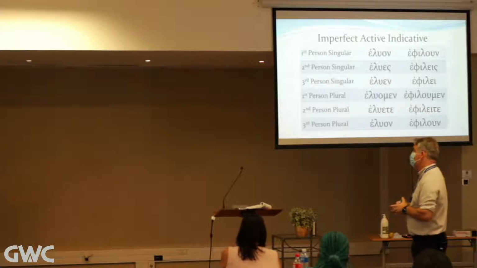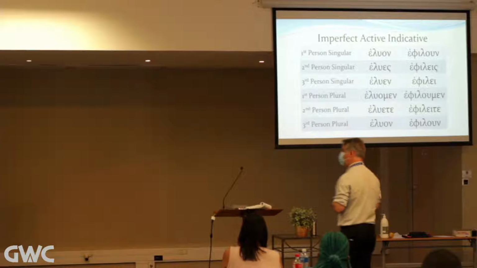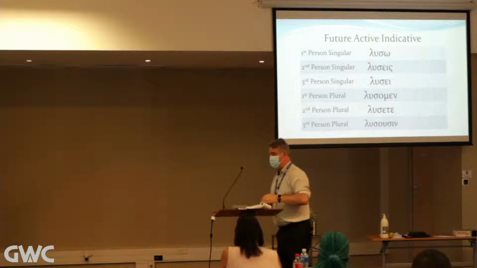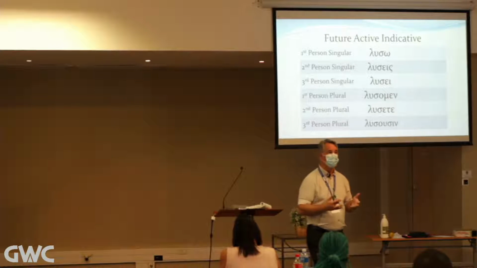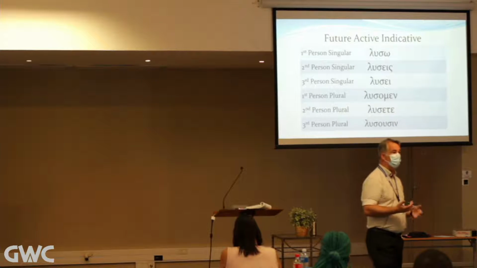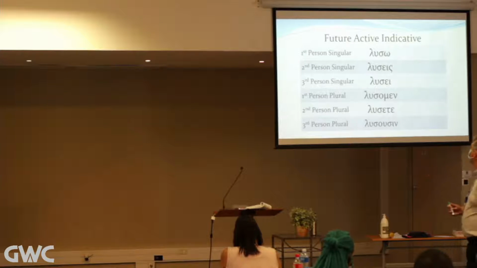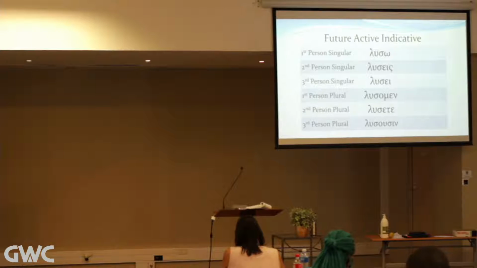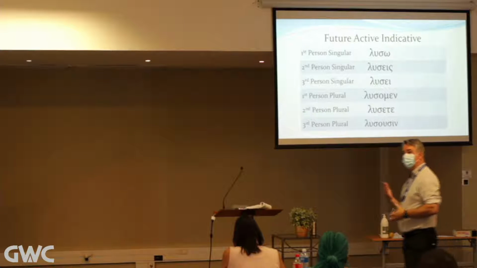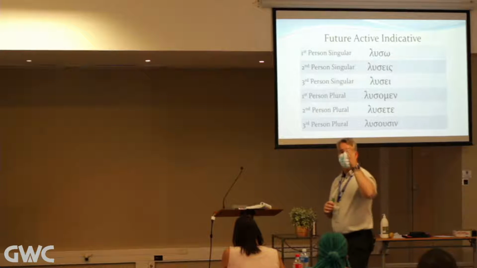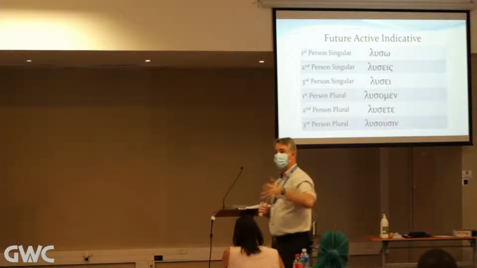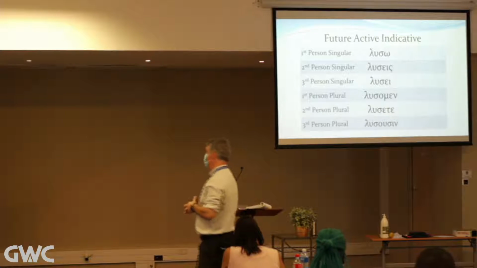Okay? But what would happen if I tried to apply my EO rules to my future paradigm? Now I hurt my other shoulder trying to jump up there. Okay, what would happen if I tried to apply my EO rules to the future paradigm? What does that sigma do against that e in my EO verb? And the answer is,